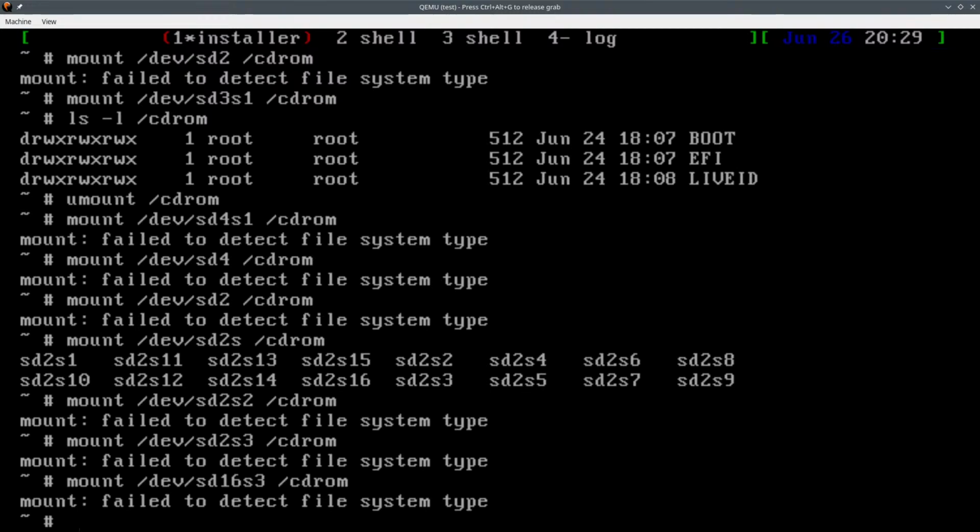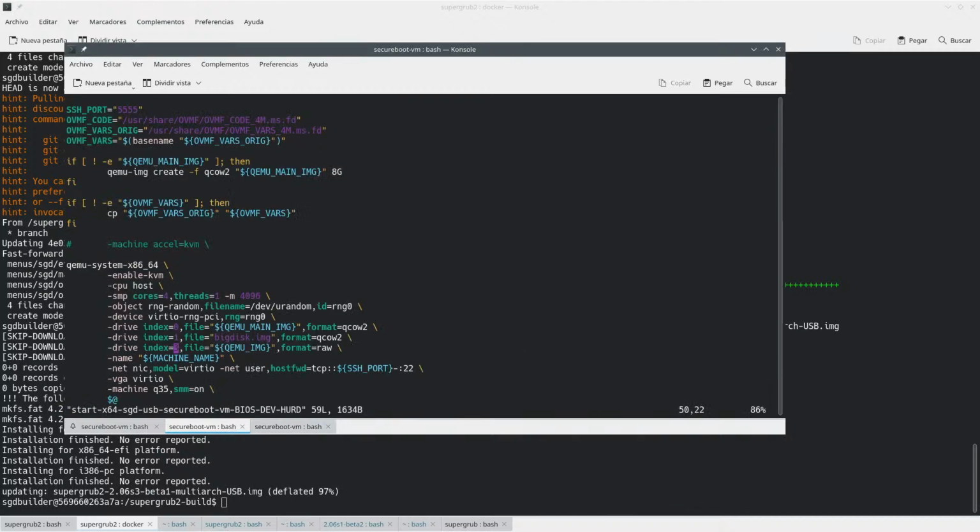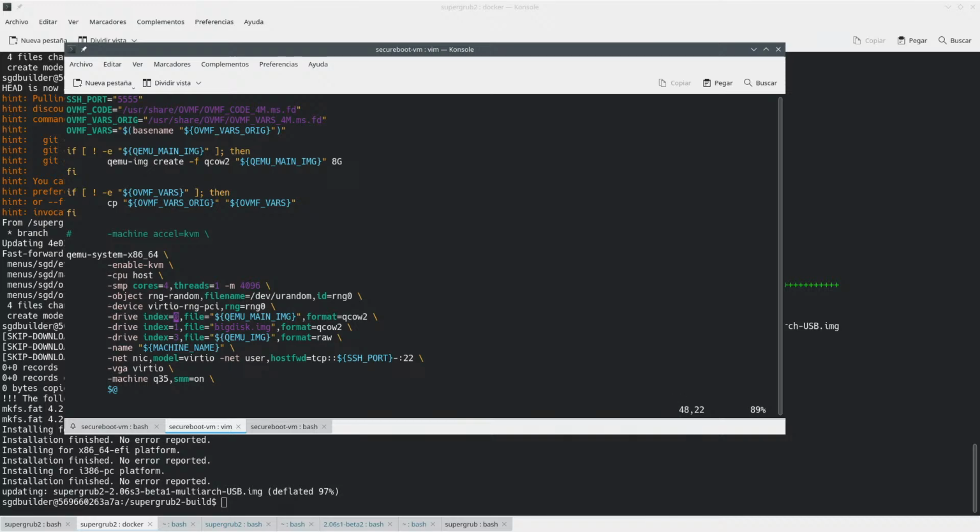So yeah, that's very interesting, this hard thing. I guess that the problem is that the hard disk is not where it's used to be, and I don't know how to use it. So let's assume that this is my problem, so let's power down this thing, and let's edit this real quick so that we can do the installation, and then later on we will see how we add all of this.